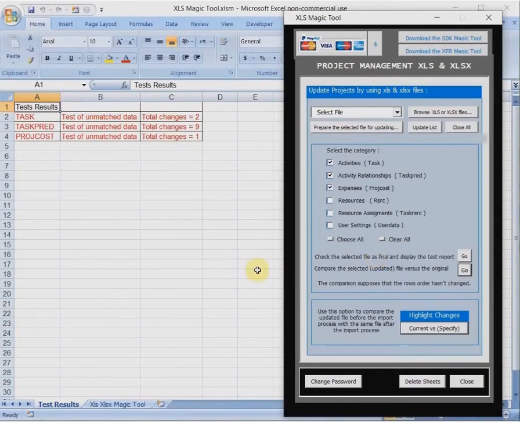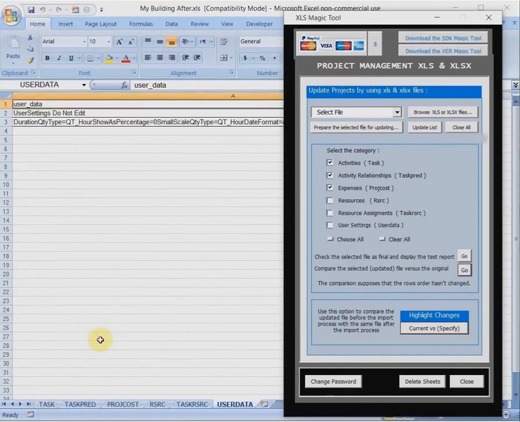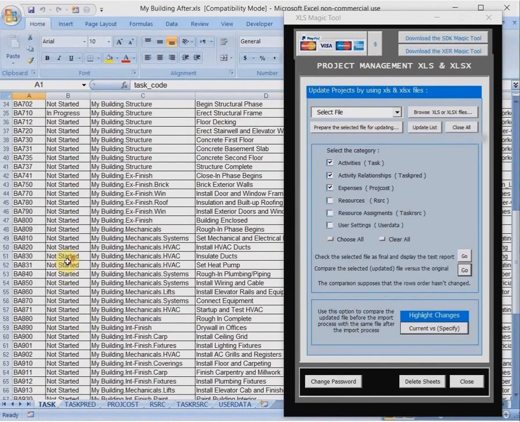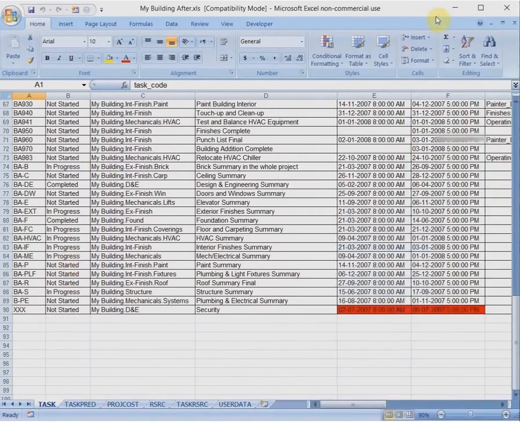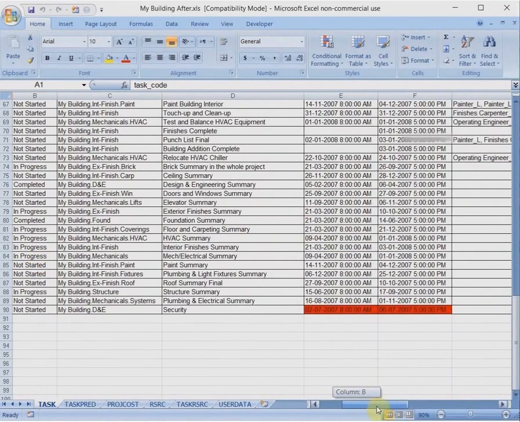We return to the file and make sure that these differences have no effect on the project, because the two files are supposed to be exactly the same. We start with the task table here and search for the red cells. As you see, these are the locations of the differences. We will find that these changes are what have been completed by Primavera to complete all data of the new activity. And in the relationship table,